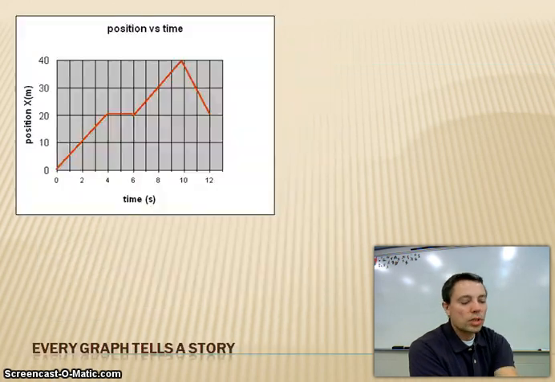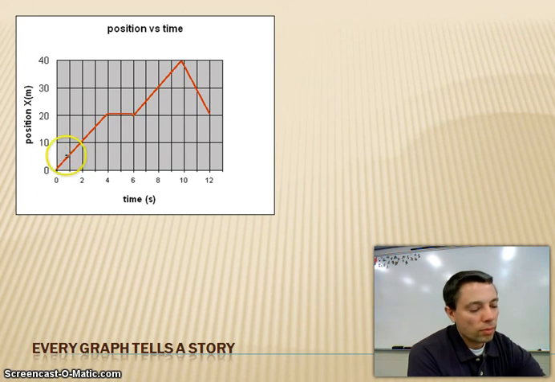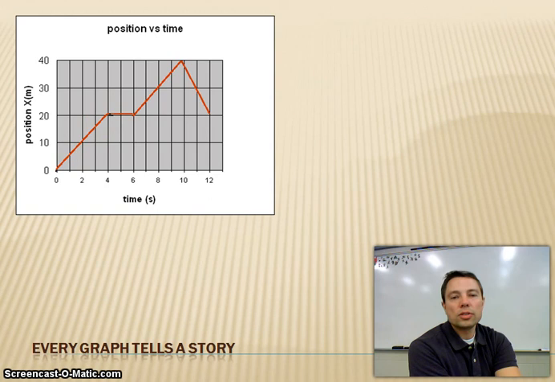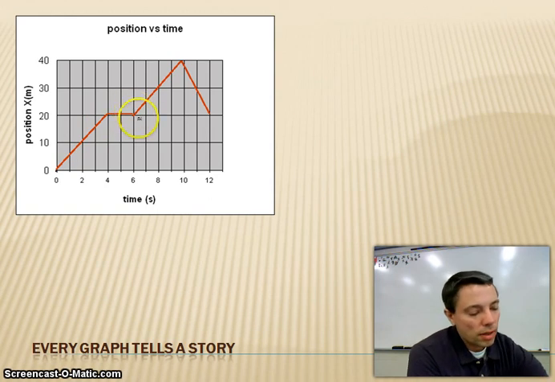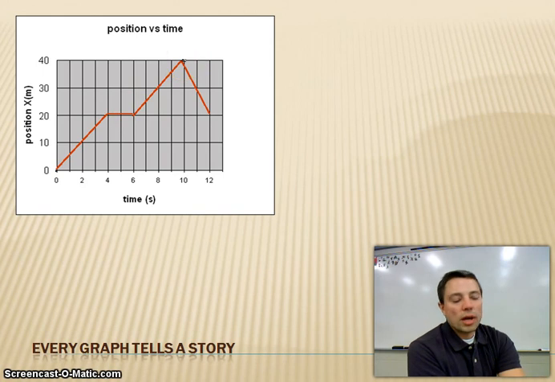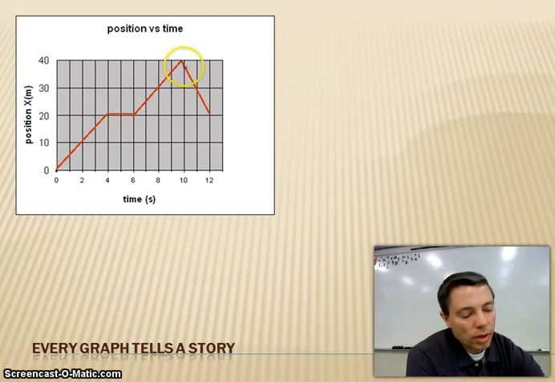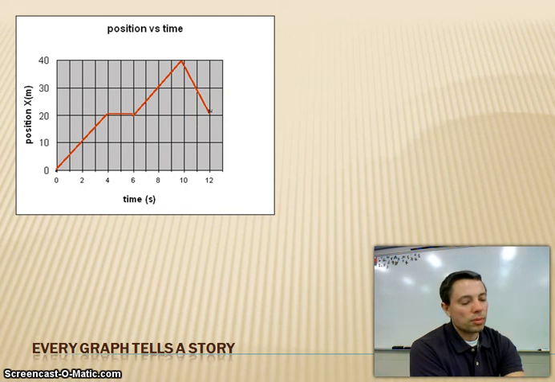Again, when we start to look at a graph, every graph tells a story, and that's kind of the key thing. We're going to start to look at graphs and be able to interpret the motion based on that. I only have about 30 seconds, so I'm going to tell my little story very quickly here. It must have been a nice sunny day, and I decided to leave school, and I was out walking away from the school, and at some point in time I got down to the intersection and I had to stop, and I stood and waited. I crossed the intersection after the light changed, and then I decided to start walking away. But then I forgot at some point in time I needed to go back, and so I headed back to the intersection, but then I got picked up in a car, and so my graph ended. There you go. Speed